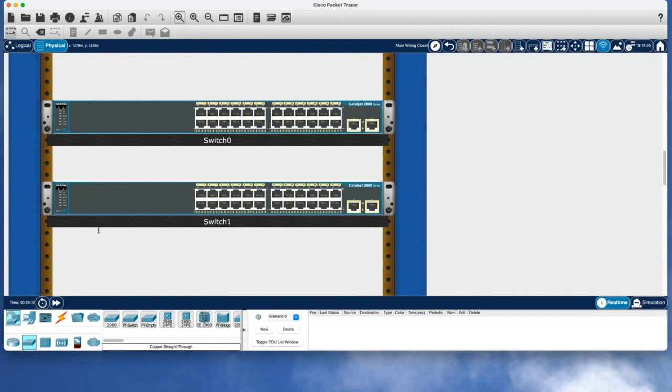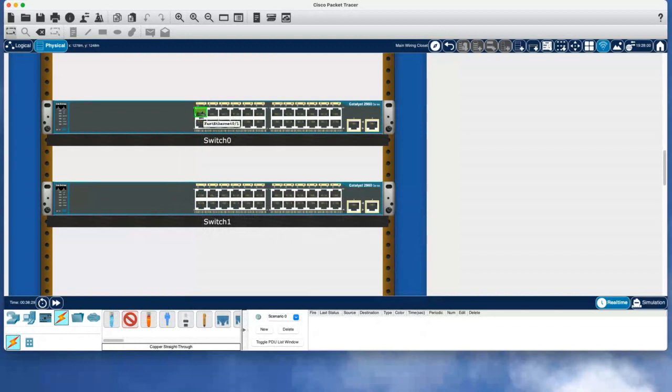So I'm going to pick up an Ethernet cable, and I'll run it between, well, we've always run it from one of the first switch to one of the second switch. I'm going to delete that. I'm going to change that slightly. I'm going to delete the cable, and I'm going to run it between,